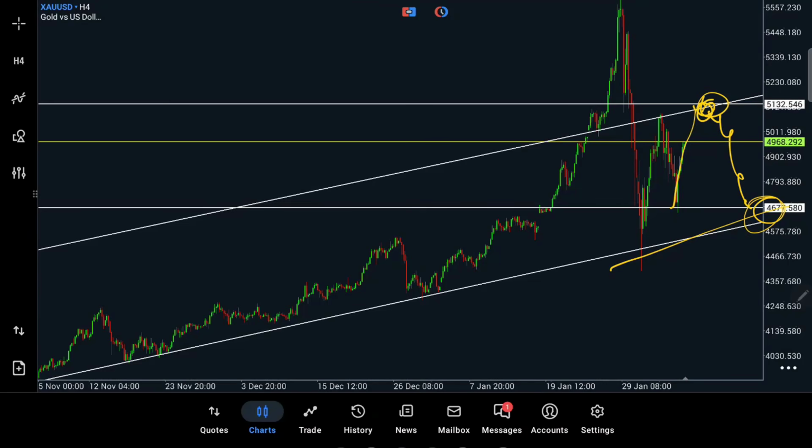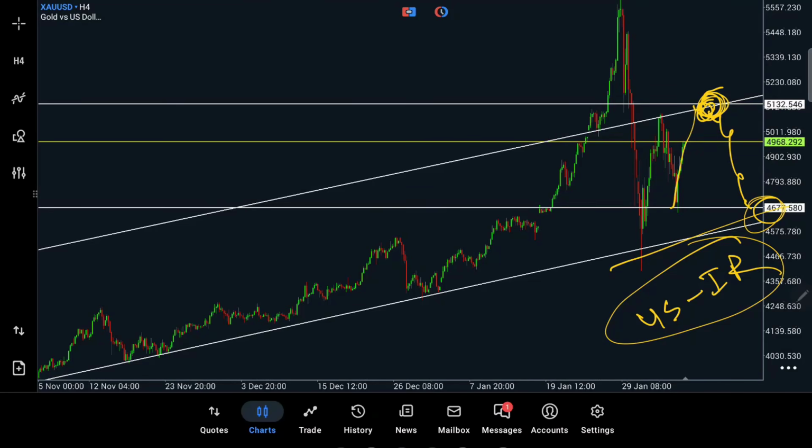Our selling zone is around that particular area, but before any kind of agreement between the US and Iran, we can take a sell entry over there. If there is any agreement like that, we will post it in our Telegram channel, or you may check social news or news websites. We also share all kinds of news in our Telegram channel so you can get it on one platform. The Telegram channel link is in the video description box, so you may join there.